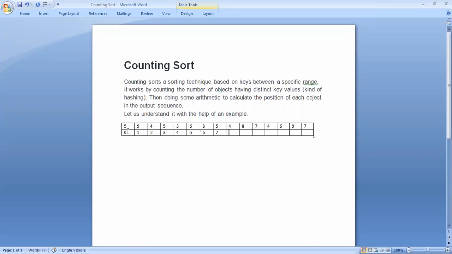So here we are taking 15 elements: 6, 7, 8, 9, 10, 11, 12, 13, 14.